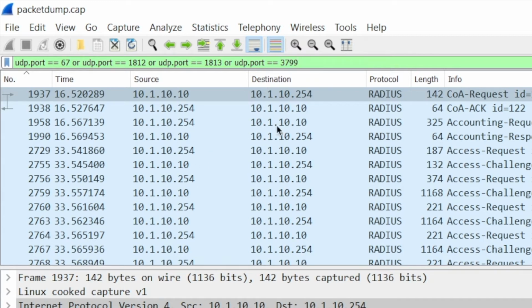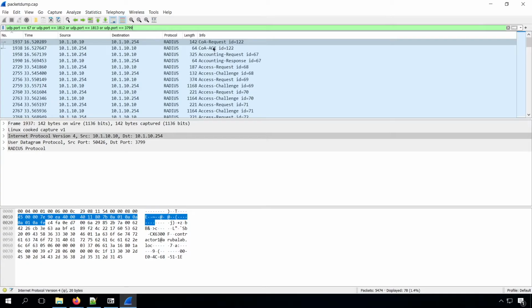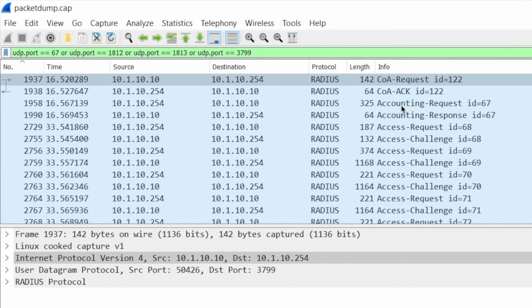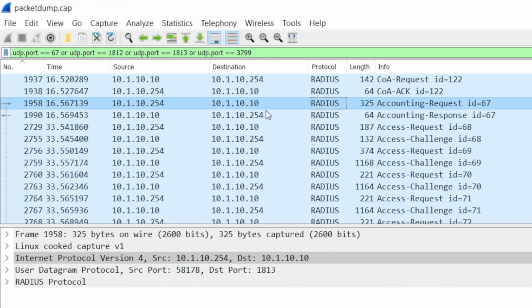And there we can see that first we see a CoA request coming from the virtual IP of the ClearPass server, going to the switch, and it's acknowledged by the switch, so everything is good there. Also in the packet you can see the username being disconnected and the MAC address being disconnected as well. Then immediately after that, because the session is terminated, we see an accounting request which contains the RADIUS stop information. Then we see roughly 15 seconds pass, so that's the time that the port has been down.